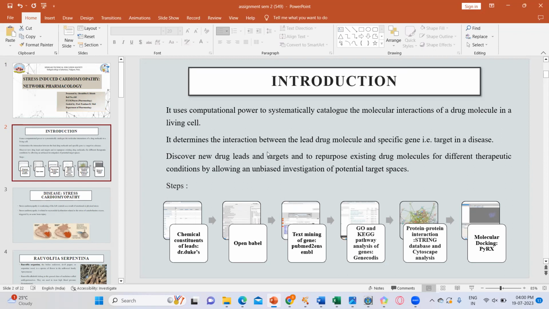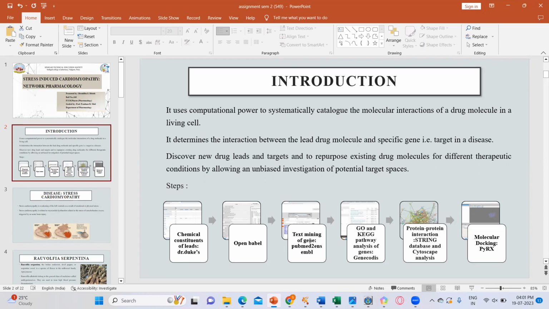The steps involved in it are, first of all, the chemical constituents are extracted as leads from Dr. Duke's website. Then they are converted from SDF format to PDBQT format. After that, the first process in the gene extraction is the text mining of genes by PubMed to Ensemble. Further, these genes extracted in this website are added on to GeneCodes, wherein a GO pathway and KEGG analysis